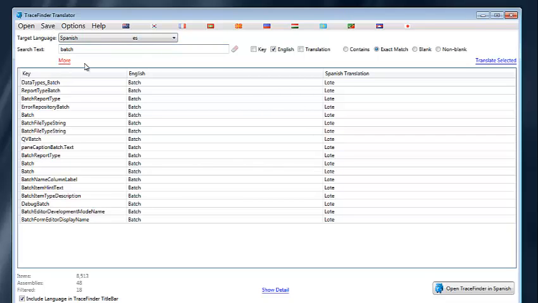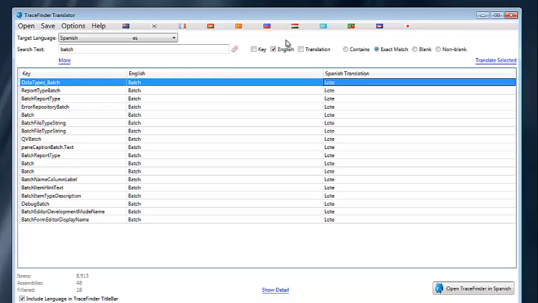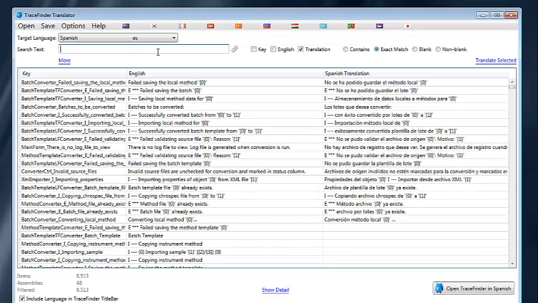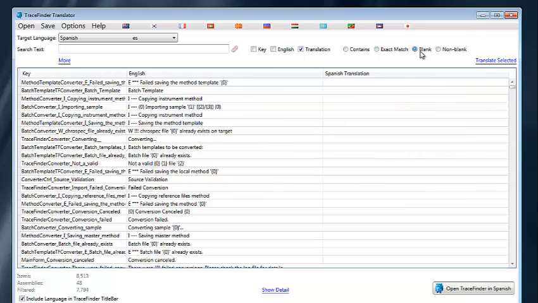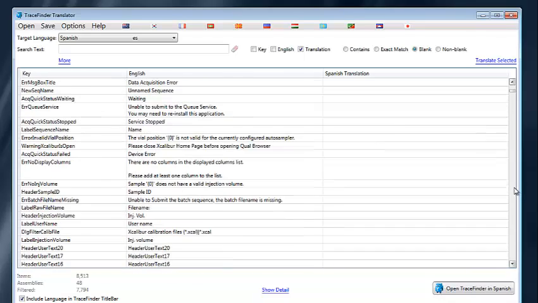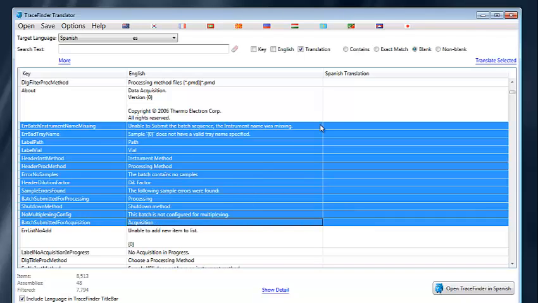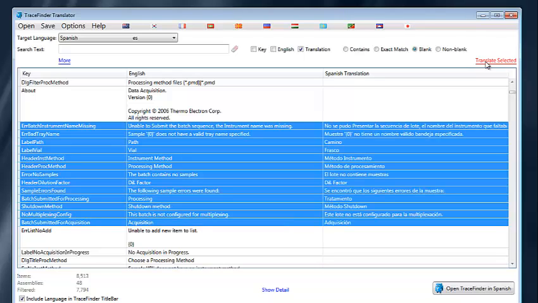You additionally have the ability to then perform an auto-translation through the Google Translation Service, and that will pass the text into the translation API and allow you to translate it. So let's say I want to translate these items. I highlight them in the grid and then press Translate Selected, and it will translate them into that target language. I can then save,